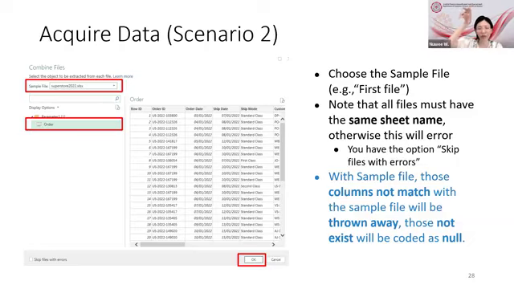ไม่เหมือนกับตัว sample file เนี่ย sample file มันจะเป็นตัวหลักเลย เป็นตัวตั้งต้น เป็นสารตั้งต้นอ่ะ มันต้องเป็นตาม sample file ถ้ามันมีคอลัมน์ที่มันไม่เหมือน คอลัมน์นั้นจะถูก ignore โยนทิ้ง